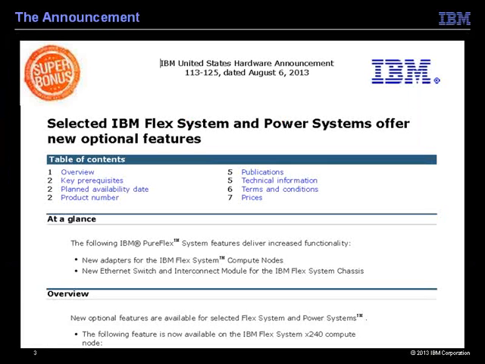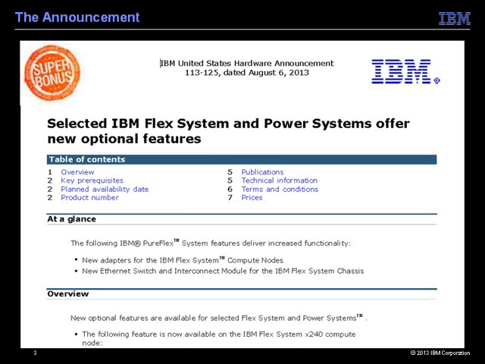Back in August, there was an announcement, and true to form, as IBM often does, it was kind of an important announcement, but you may have missed it. Even if you had pulled up the announcement letter, dated August 6th, you might have missed the details in there. You look through the announcement letter and it says selected IBM Flex System and Power Systems offer new optional features.